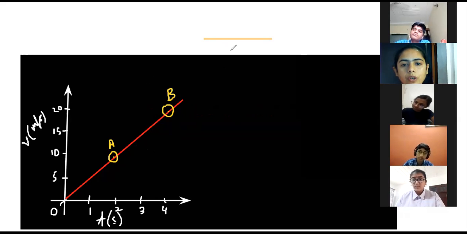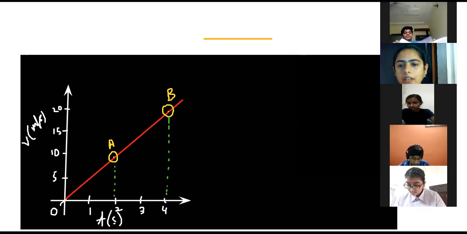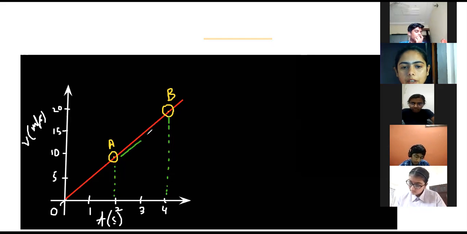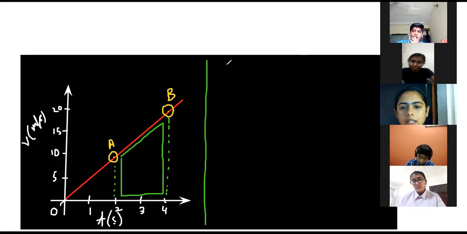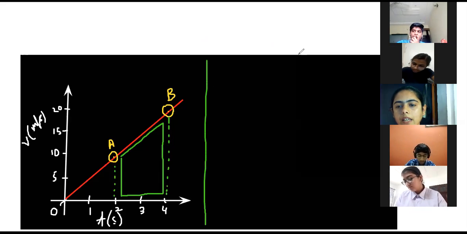What you will do is, first of all, you will draw straight lines from A onto the time axis. In the same way, draw the lines from B onto the time axis. Then you will see the kind of figure you are having. Then you are going to get the answer. The figure you have is a trapezium. My dear students, if you know the formula of the trapezium directly, you can go with that. Let's do it on the screen. Your eyes on the screen, understand, then I give you the time to write it down.